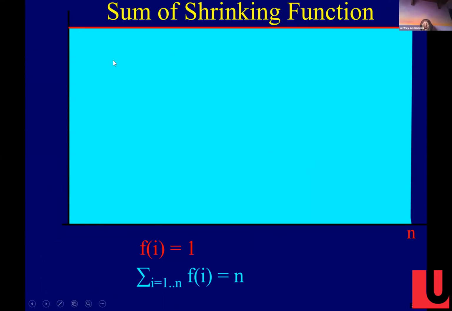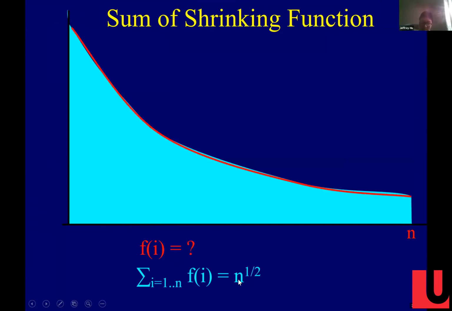Here, if f is always 1, then what's the sum? The sum is n, right? It's the number of terms times the biggest term. So that's 1 times n, which is n. But now, if f starts to shrink,